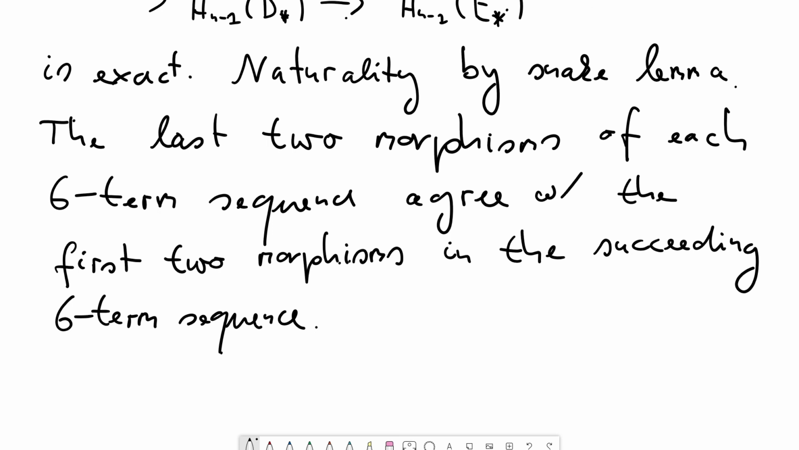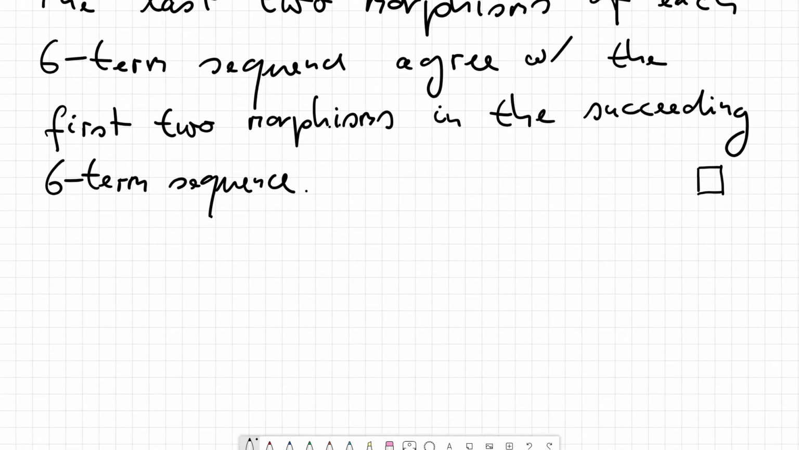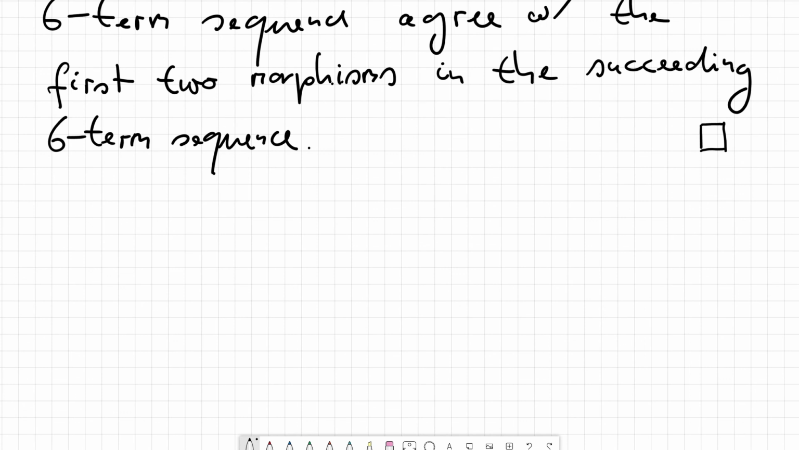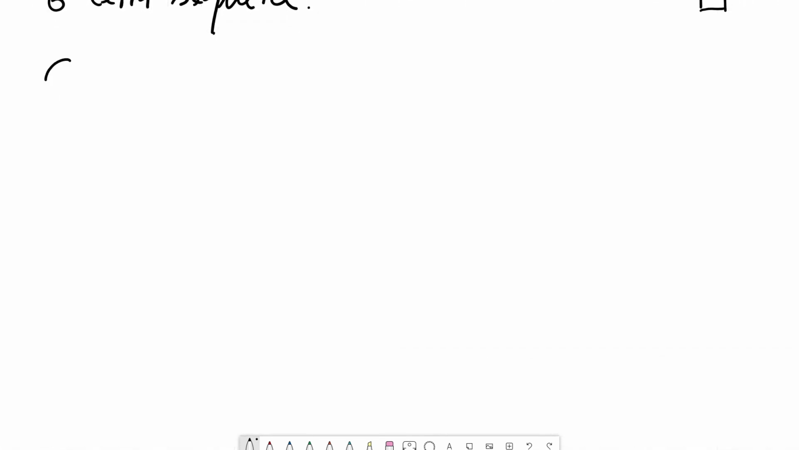So actually, all these portions of 6-term sequences we got, they agree and they stick together to give the long exact sequence we were aspiring to obtain. And the naturality was also given by the snake lemma, so that actually concludes the proof of the theorem. And now, finally, the long exact sequence axiom of singular homology is an immediate corollary of this theorem, but let me write it down. So, corollary,